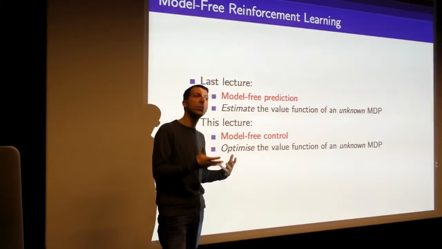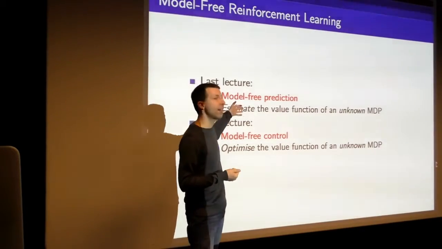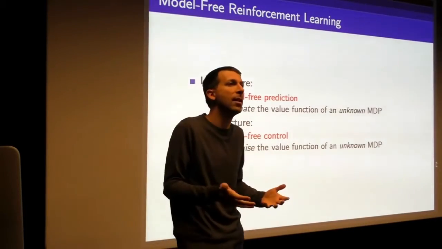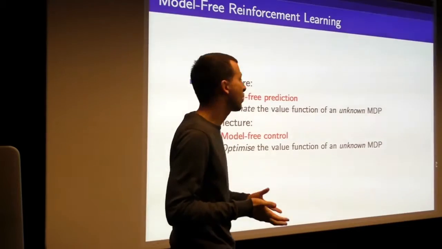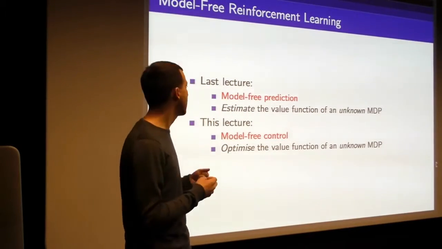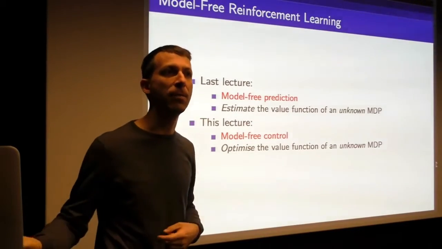Now that basic toolkit is what we're going to use to do control methods, where we want to not just estimate the value function, but actually optimize it, find V star, find Q star, find the best possible behavior, find the most reward you can extract from this MDP. But we're going to use the same tools, and we're just going to iterate them and essentially use what we had before as an inner loop for getting to the best possible behavior.